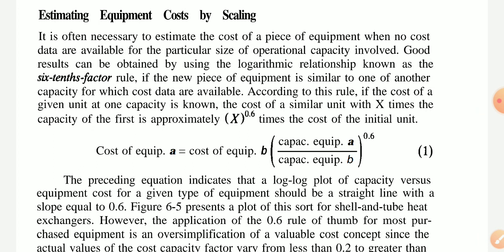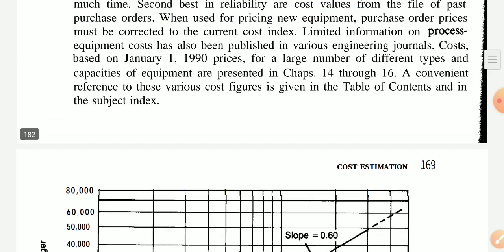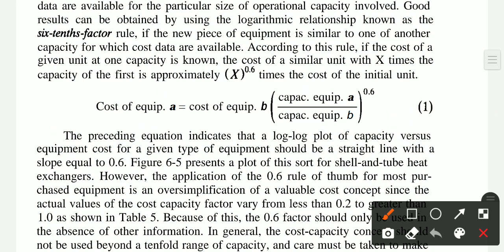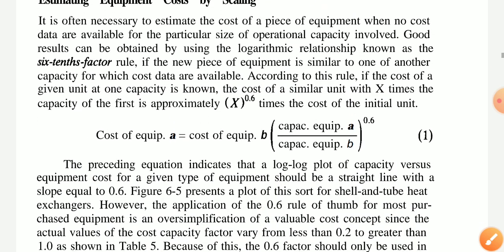In the previous lecture we saw cost estimation and types of estimate. After that, we will see the six-tenths factor rule. This is the most important topic for the GTU examination, also the midterm examination. This is the whole graphical system, with the basis and also the discussion part. These are the important equations regarding the six-tenths factor rule, which we have to discuss. So let us start.